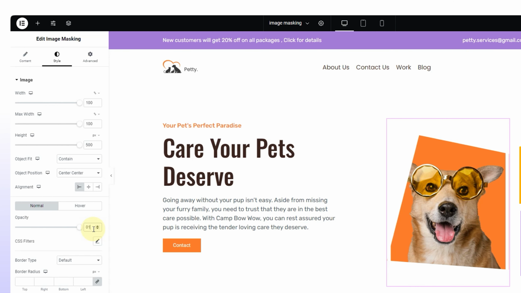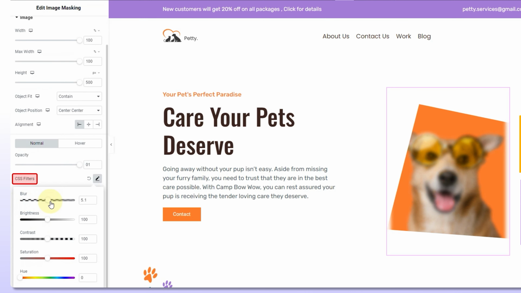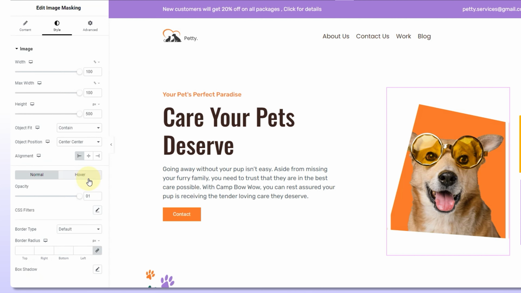Enhance your image with various effects in the CSS filters like blur, which adjusts how blurry or sharp an image appears. The brightness filter adjusts the brightness level of an image. The contrast filter alters how bright or dark parts of a picture appear. You can increase or decrease the intensity of a color in an image by adjusting the saturation filter. These hue filters allow you to change the color tone of this image. For normal, let's go for default. The normal option is all done.